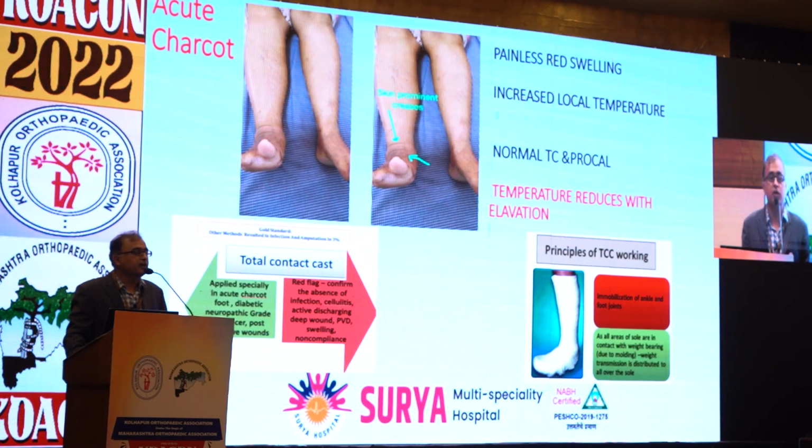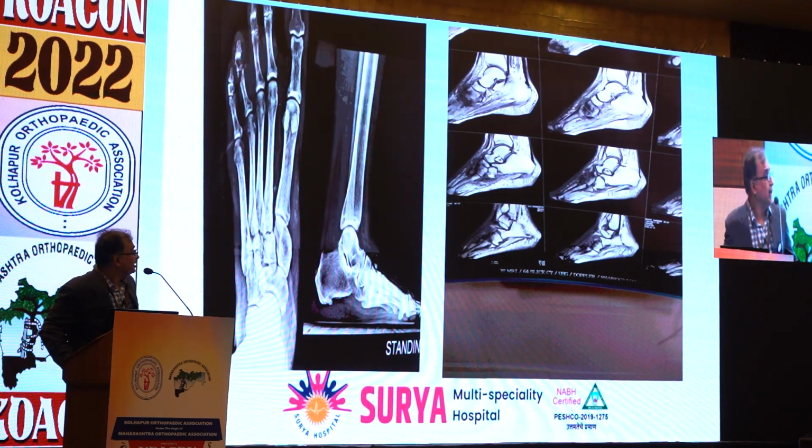Literature was confusing when I started treating Charcots 15 years back, and still it is confusing. So one has to take a call depending on the clinical situation. Standing X-rays, fragmentation of the bone as the earliest sign, and thickening of the skin: these two signs are a very low cost device to diagnose the Charcot. MRI is definitely the gold standard.